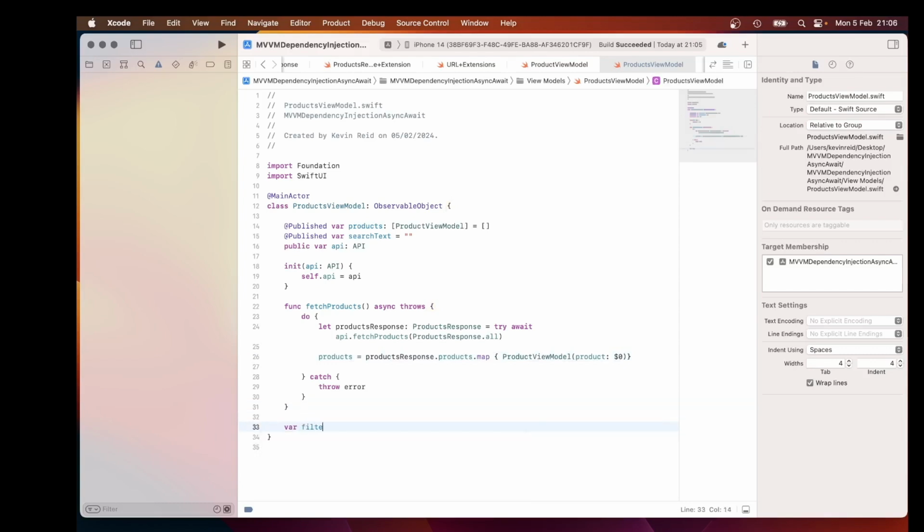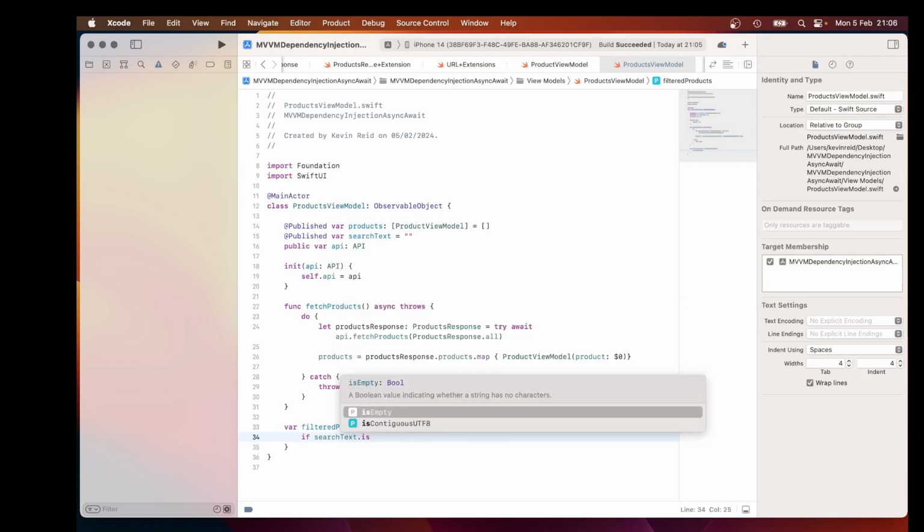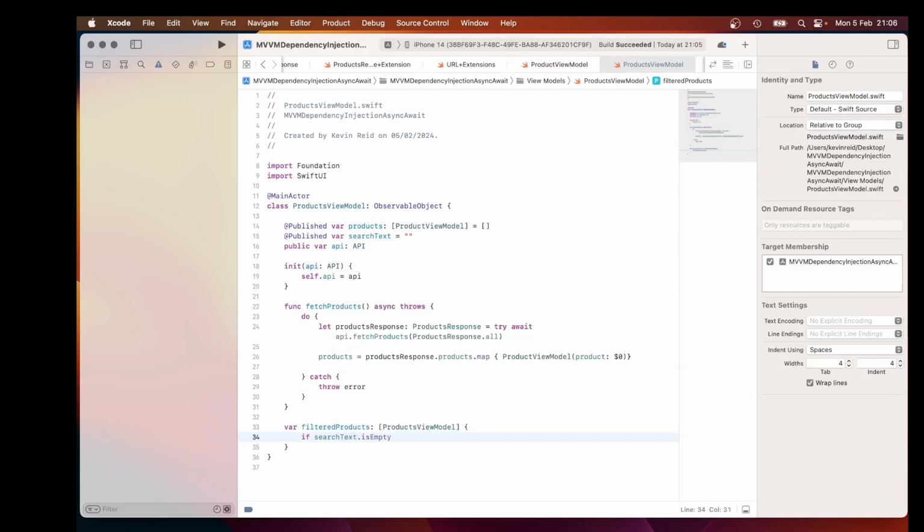Var filtered products, product view model. So this returns an array of product view models. If search text is empty, so if search text is empty,